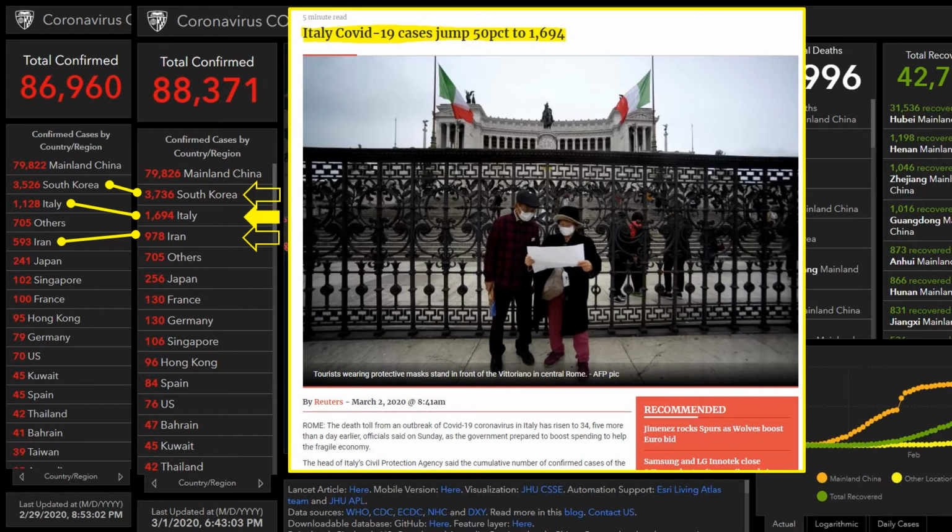The cases jump 50%. But I looked all over. I also searched in Italian. It doesn't say whether these cases, they're across Italy, but how many of them are in the red zone, the actual zone in northern Italy that's the hot spot in Italy. There's other cases outside of there. There's cases in Rome and some coastal cities, including Venice, but they don't say of this 50% increase where these people are. It's just across all of Italy, but you have to imagine that most of them are in the red zone.